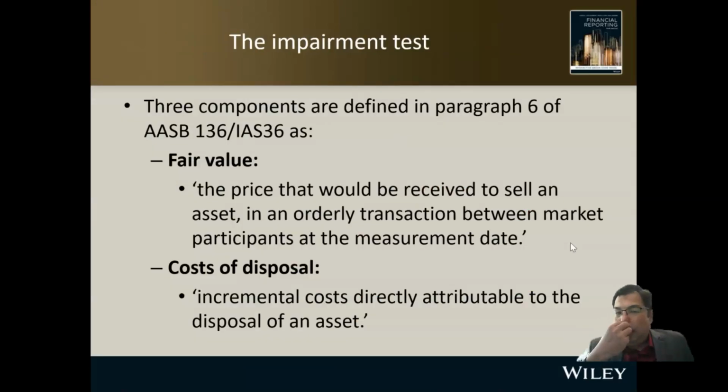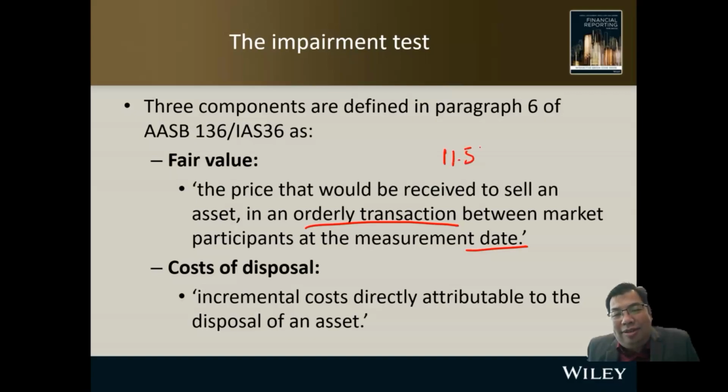So let us look at the three components of value here. Number one is fair value. What is fair value? The price that would be received to sell an asset in an orderly transaction between market participants at the measurement date. If you dispose the asset, you sell the asset to the active market. You don't sell it to your brother or sister. The real transactions. So what will be the value? So you're going to get the value, for example, maybe